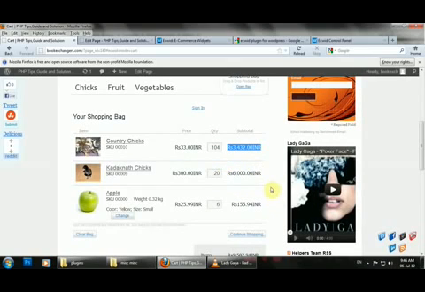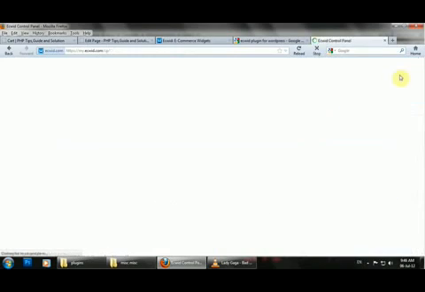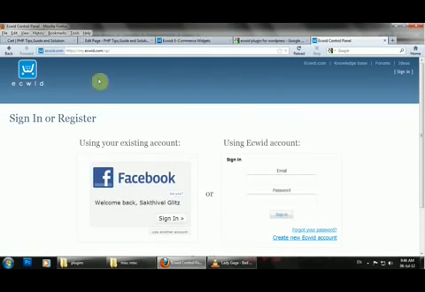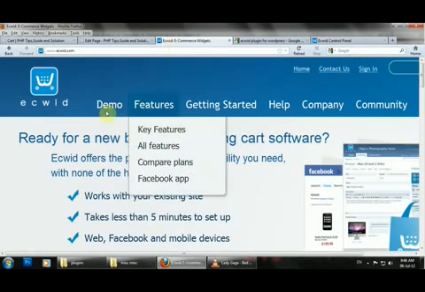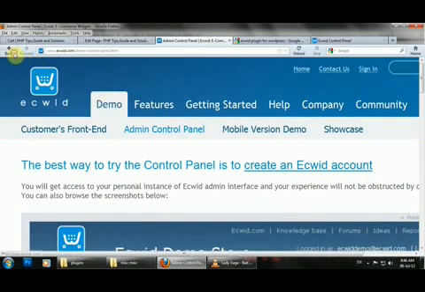Suppose you don't understand anything of what I am doing here, go to ecwid.com. Just wait, I log out of ecwid.com. The front end. See your demo, no? Not this.